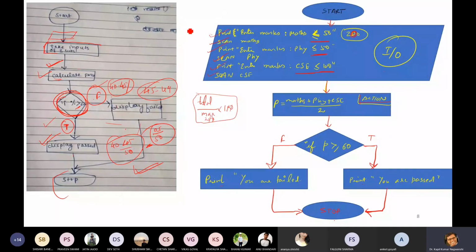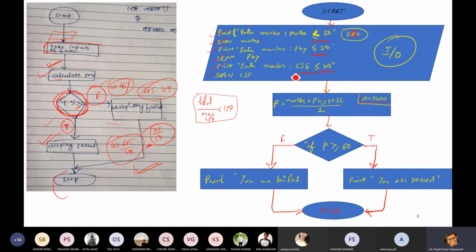This is a program written by one student, and this is the flow chart for one program. Our target is to calculate the percentage of a student where the maximum marks in maths is 50, the maximum marks in physics is 50, and the maximum marks in CSE is 100.